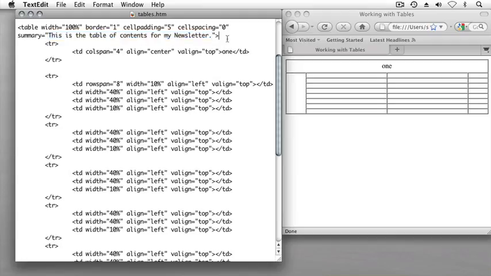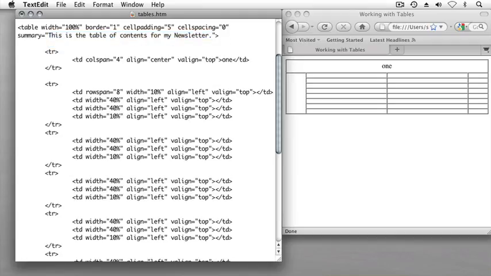So if I position my mouse after the opening table tag and hit the return key, I'll type open caret caption, close caret, and I'll close the caption element with a closing caption tag. And within these caption tags, I'll type some text such as my newsletter to complete that caption element,